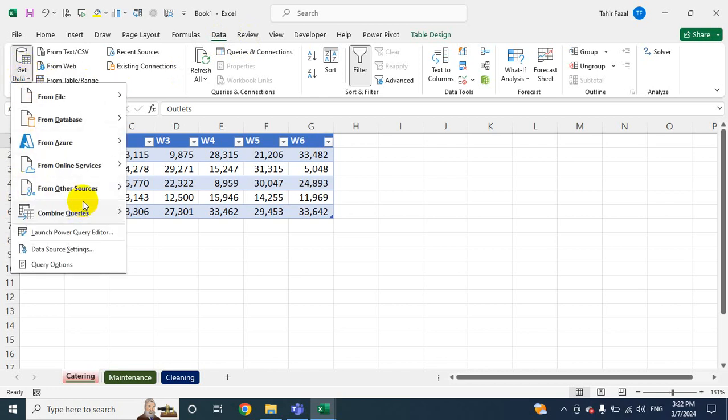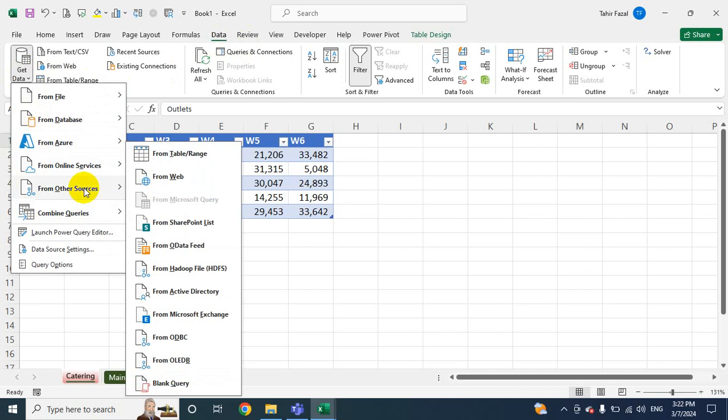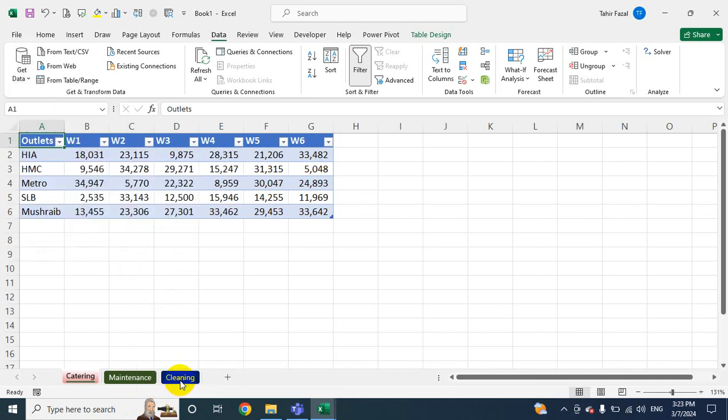You see here from other sources. You see here blank query, the last one. You click on blank query,